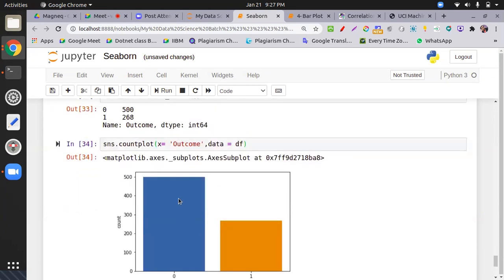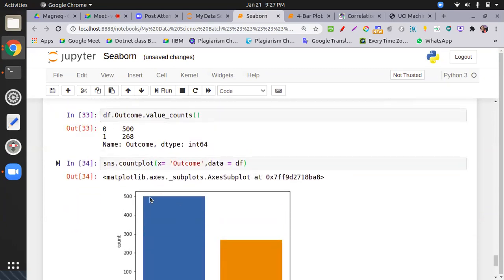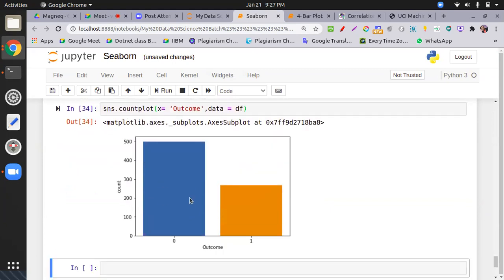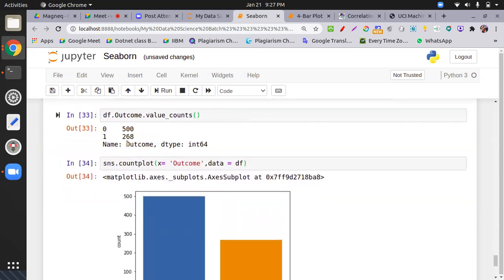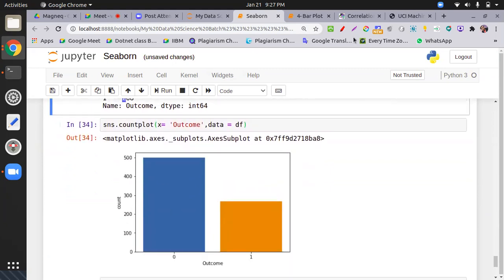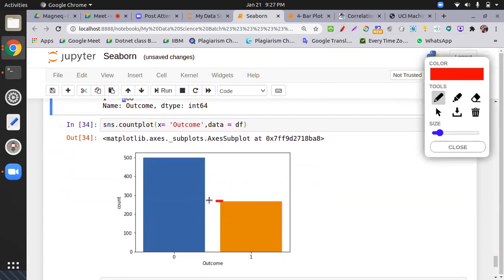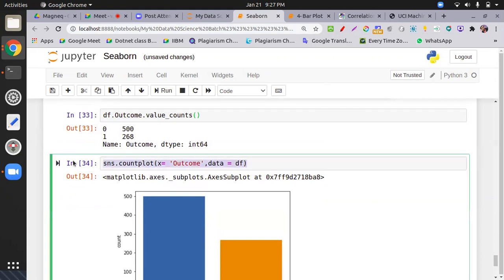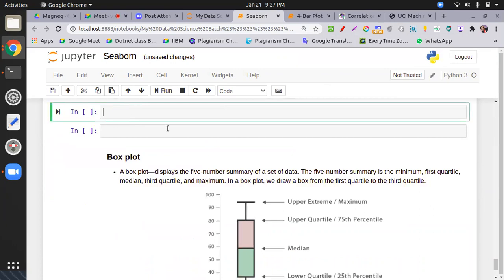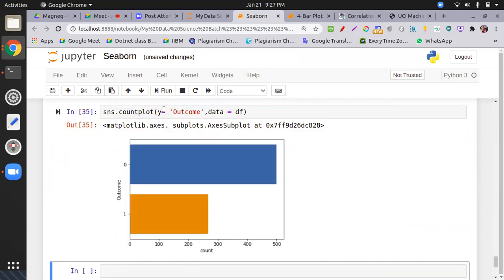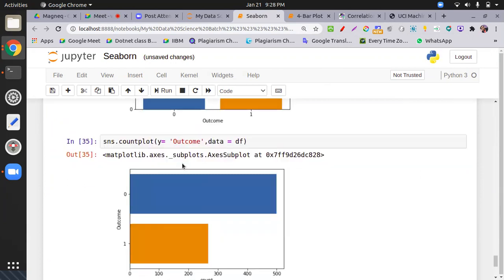Check this one. So zeros are more in number, that is approximately 500, you can see this figure, and these are 268. I mean, check this one. Okay, you take this on the x-axis. What if you take this on the y-axis? So what does it look like? Check this one. You get this horizontally instead of vertically.